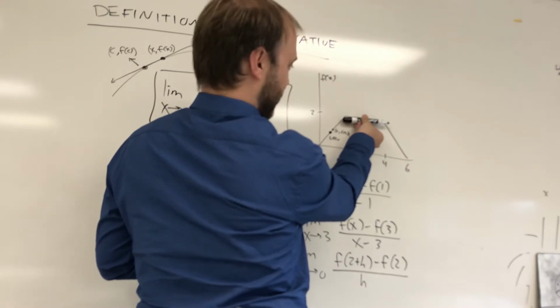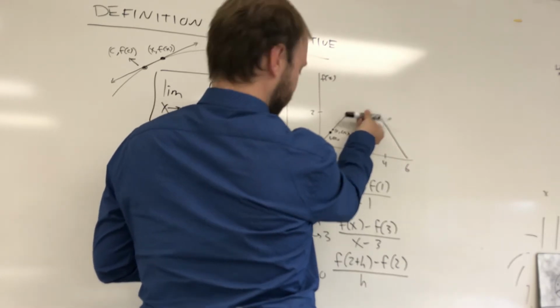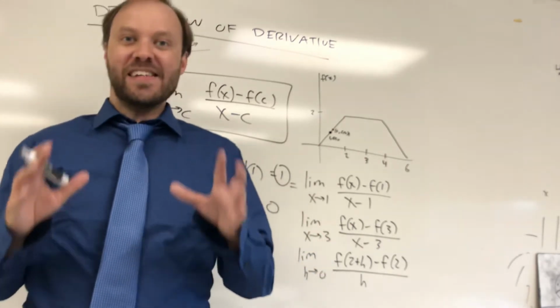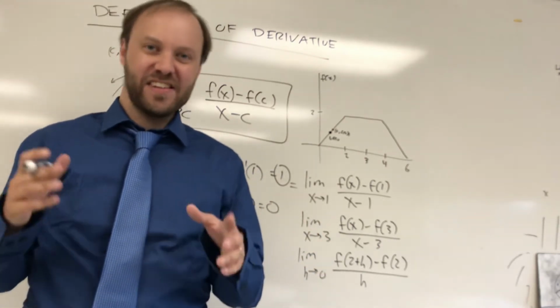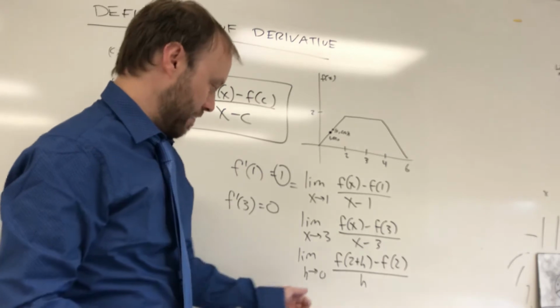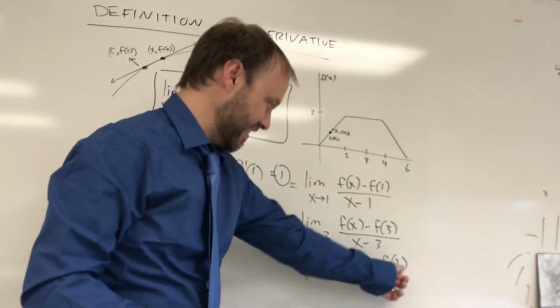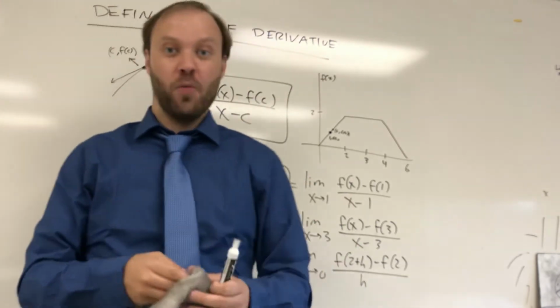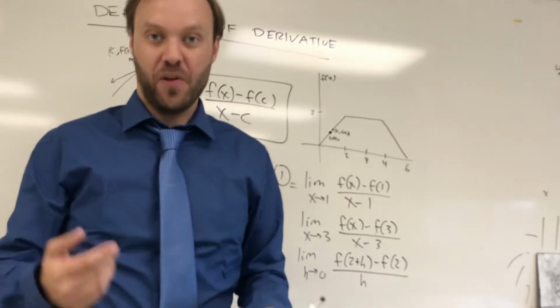They'd give you enough information on the AP exam to tell. So it's a horizontal line, the slope is 0, okay? Now, you may see a second fraction that kind of looks like a slope, but maybe not quite as much. It might have h's in it, or delta x's, or something like that. That's the second definition of derivative, which is actually more common in most courses, although on the AP exam they